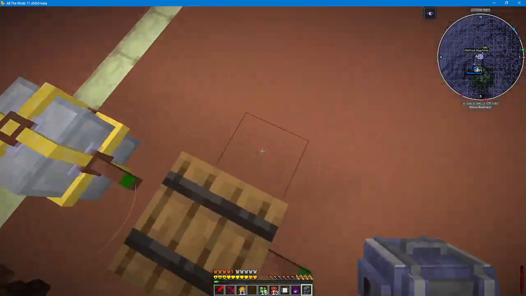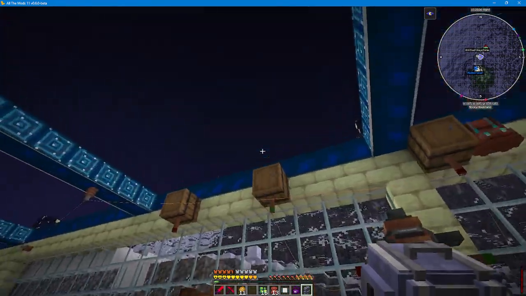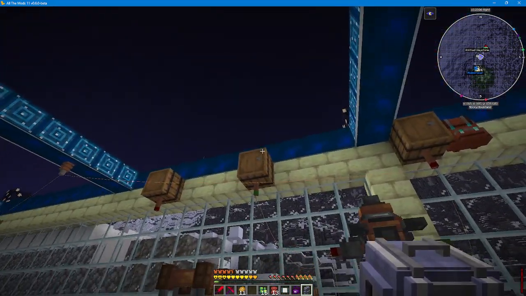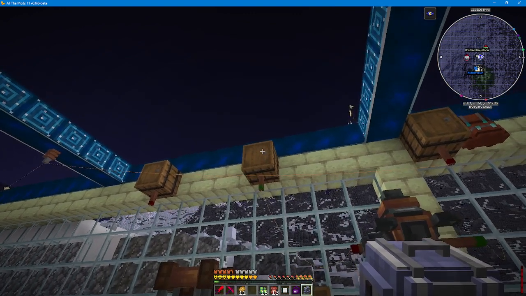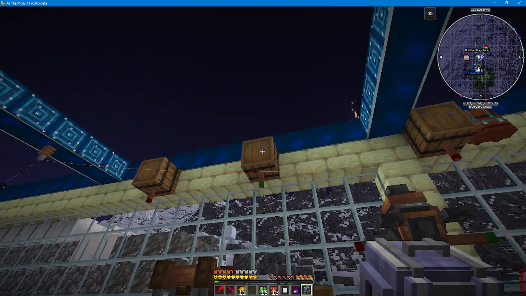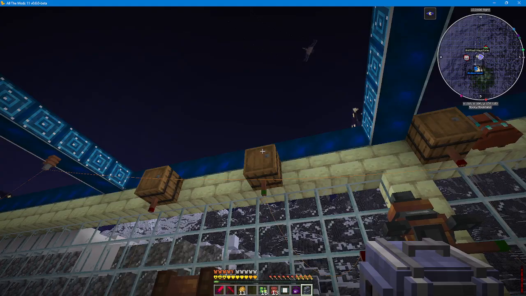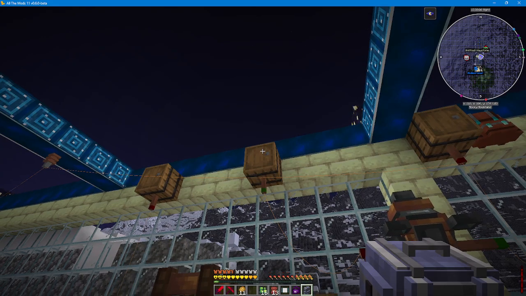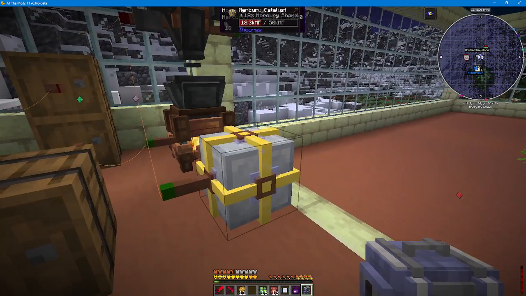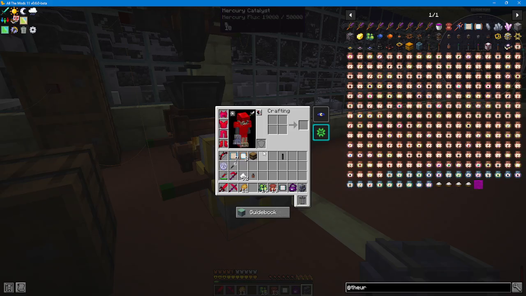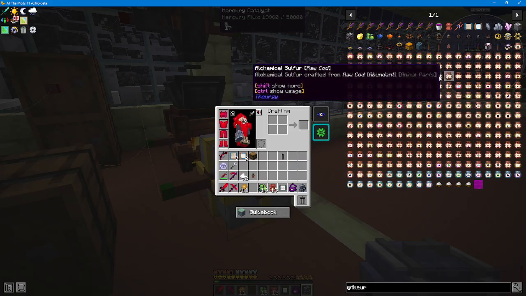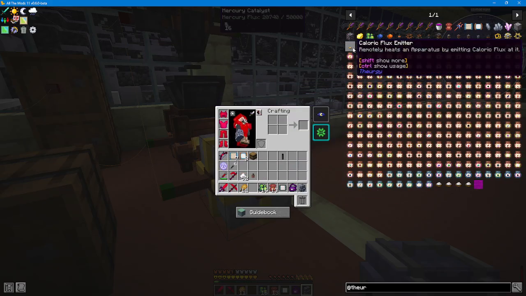Yeah, I just put 1 in here. So we can eventually eliminate that. But the nice thing is that we can actually put some of the shards in there because we need them for recipes. So now this is here, and we are making our flux, and to